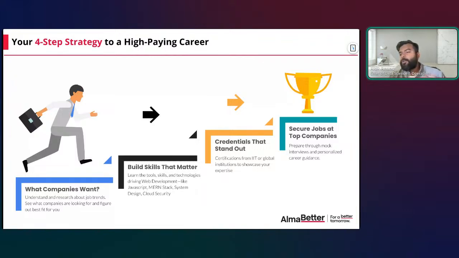So, first, you need to understand, out of the four things mentioned over there, the first thing is what companies want. That's what I wanted to talk about right from the start. What companies require, because of whatever they are doing right now in terms of applications and everything. What is the current stack that most companies are using? And I told you in a very brief manner, the MERN stack. So the MERN stack is something a lot of companies are using, right?